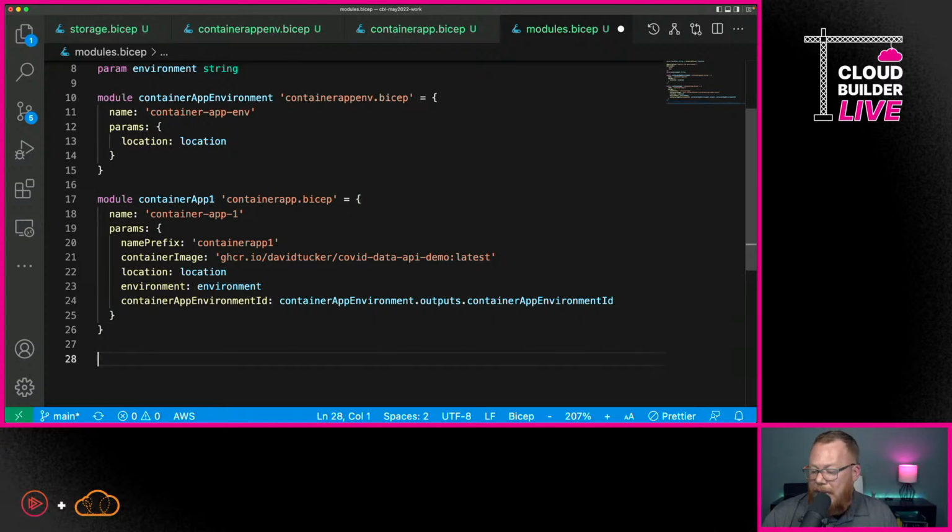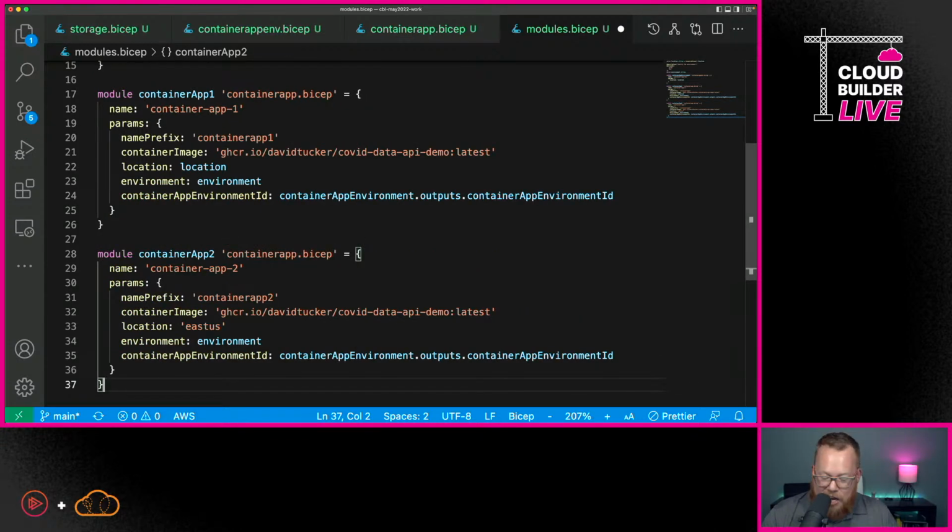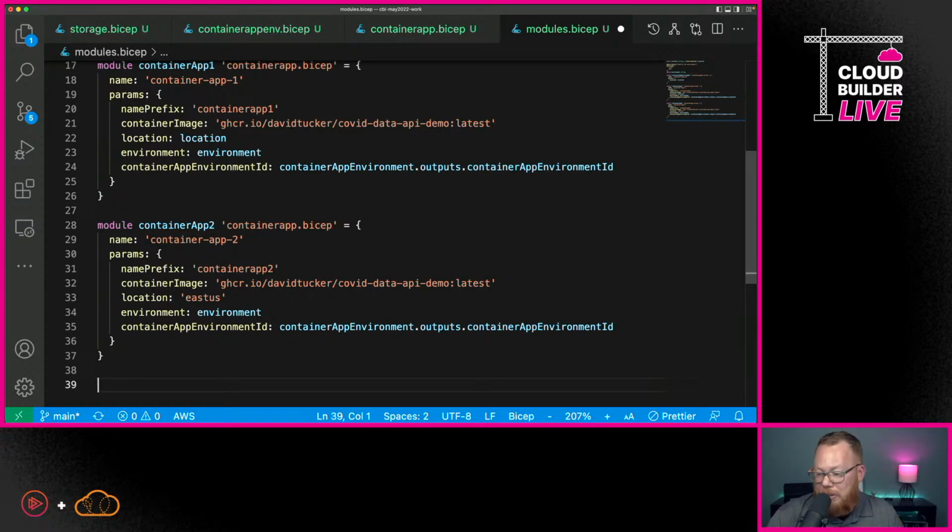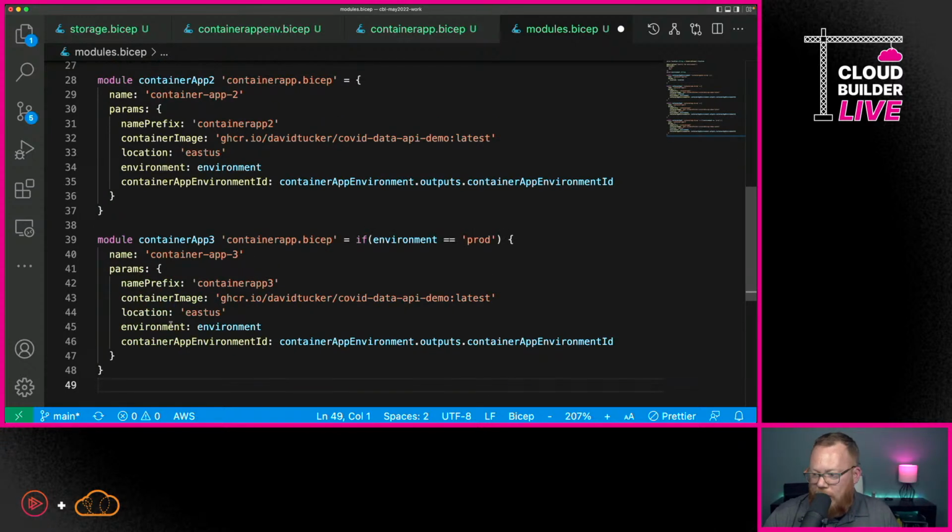But here's another cool thing. I don't just have to create one. I could create another container app from the exact same module. I could even create a third one if I wanted to. But I want to show you one thing with this third one. Here, I'm specifying what we call a conditional deployment. I'm saying that we only want this to deploy if the environment is equal to production. So let's pretend that for some reason we wanted to deploy 2 different container apps in dev, but 3 in production. Again, I realize this is a bit of a contrived example, but I just wanted to show you what's possible with this. Now, I'm going to save this,